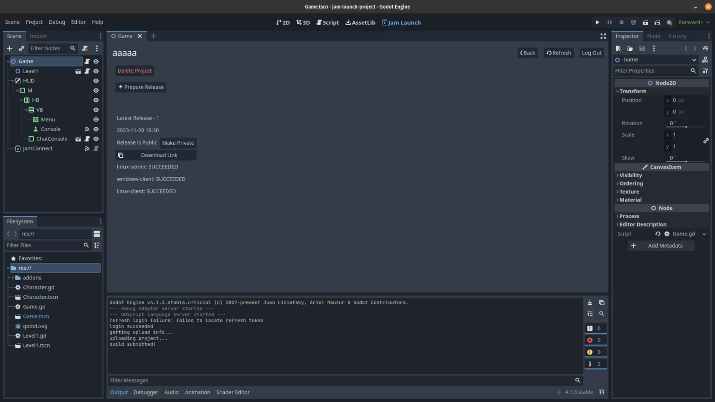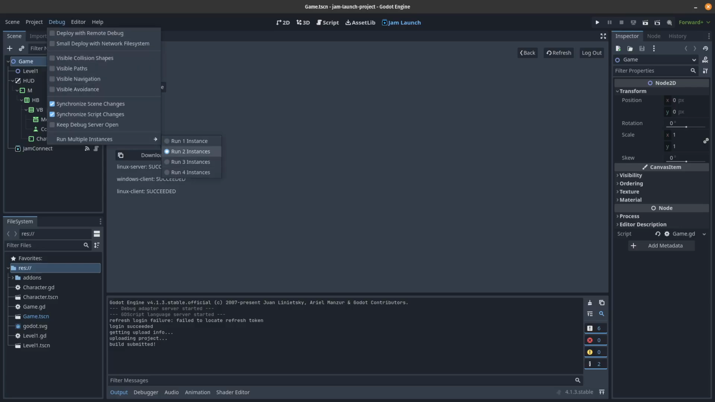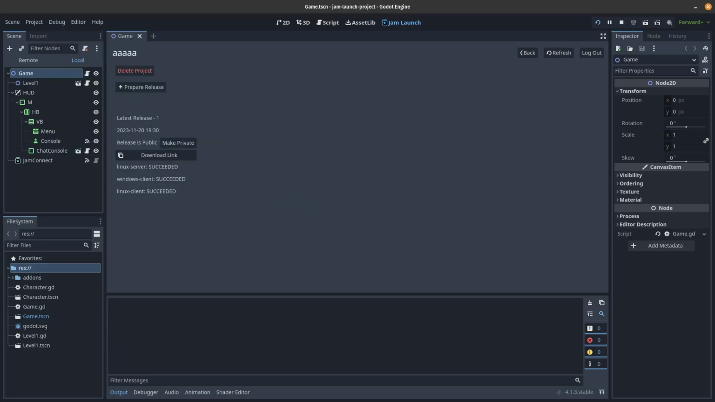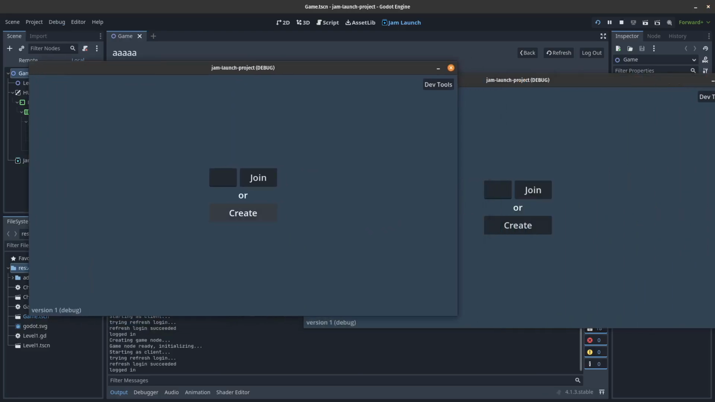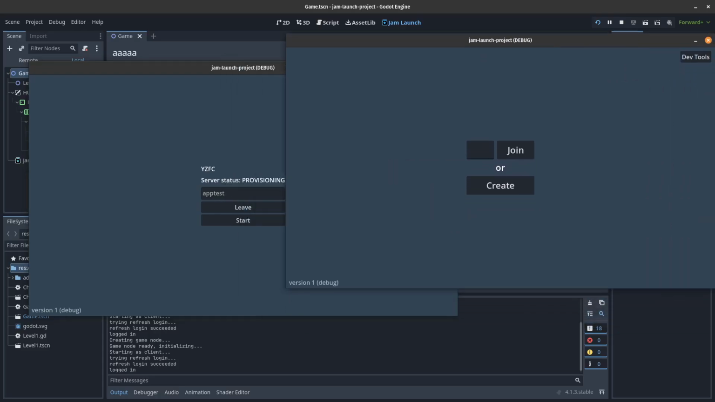We can also connect to that server that can be automatically provisioned from the development environment. So if we run a couple instances here of our project and then create a session, it's going to hit that Jam Launch API and start spinning up the server for the project. We can then join